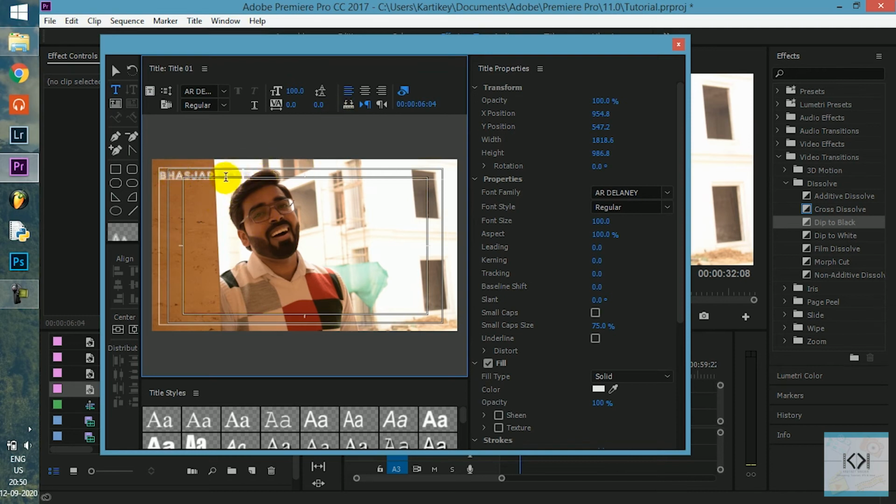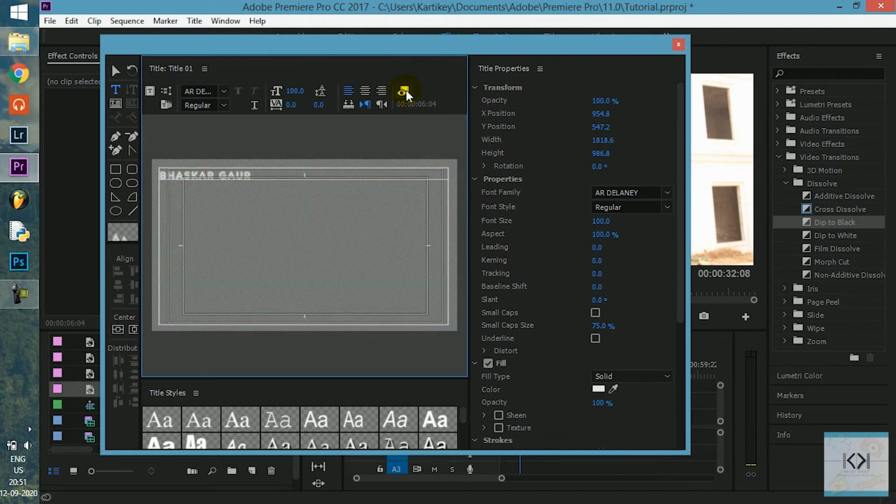If you see, the contrast between the text that I have typed and the background is not very high, so I cannot see what I have typed right now. I just made a spelling mistake over here. Yeah, Bhaskar. So for seeing the text clearly, you can disable this show background video option, this logo on the video. It will disable the background video. Now the text is added.